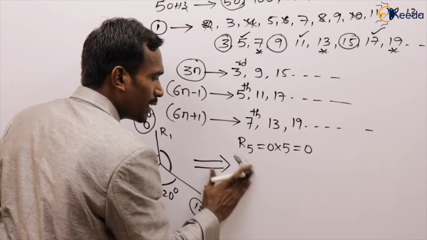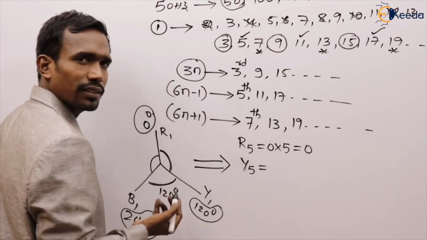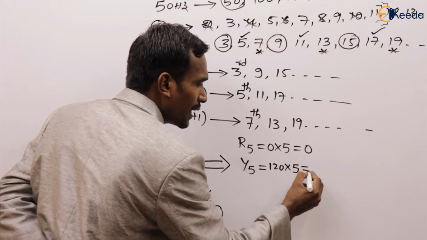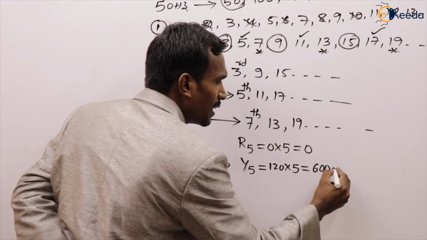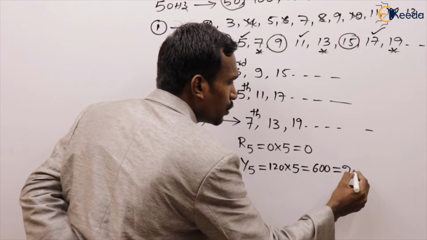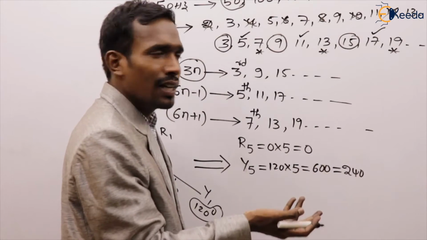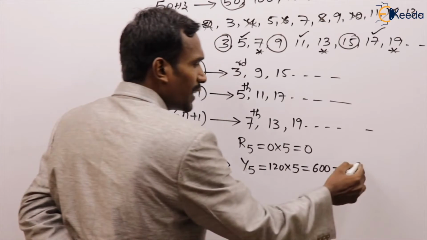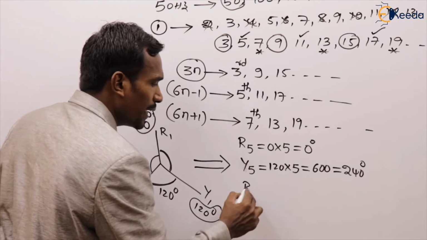Okay, what about Y? Y5 is nothing but 120 into 5, since it is the fifth group. 120 into 5 is 600, and 600 minus 360 is 240. So Y5 is at 240 degrees, R5 is at 0 degrees, and B5